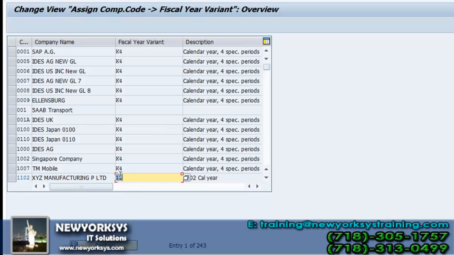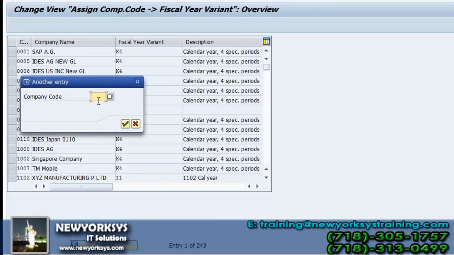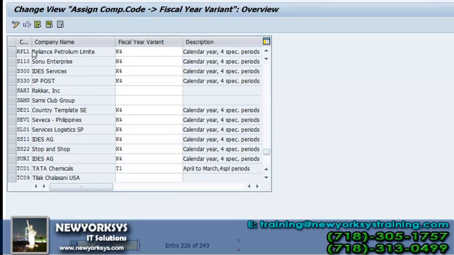Again, it is saying something about this. Ignore this and hit enter. It is now giving the confirmation. Here RPL 1. Enter. Now it has positioned us in the front row. So that is how the search button and position button are the same, same function. Your company code will be somewhere in some list, so you select the position button, give your company code and execute it. Against that you give the fiscal year variant K4. It is clear, right?